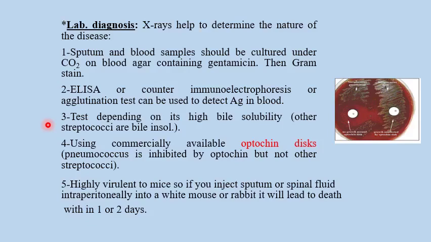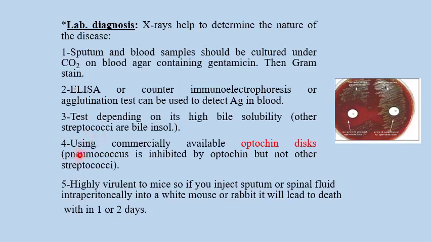And also the optochin disc, when we speak about the optochin disc, it also acts as a surfactant. This surfactant activates the autolytic enzymes of the organism, so it helps the hydrolysis of the peptidoglycan. So what happens to the bacteria? They undergo lysis, so it appears as if it is dissolved. But it is not a solubility process, it is a process of lysis by the high bile